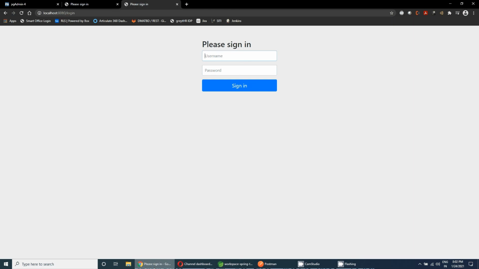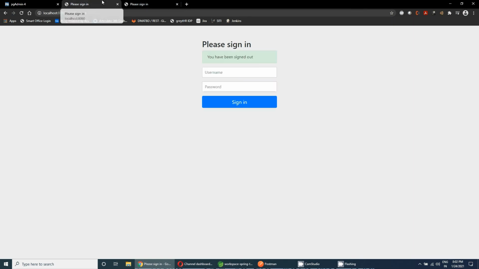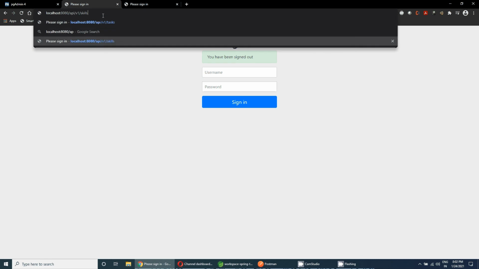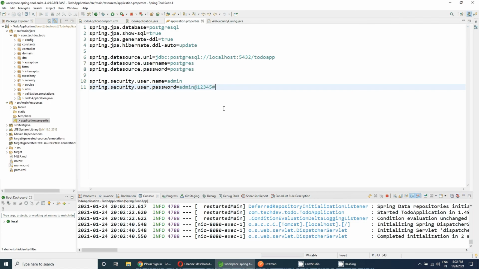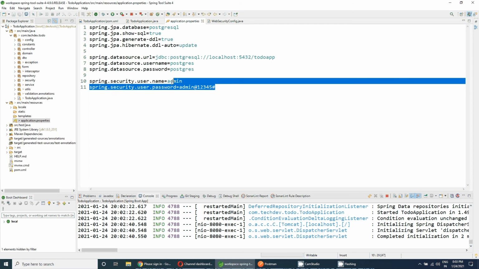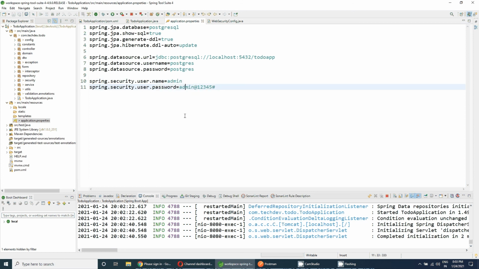Let's go to the API again, and suppose I am trying to hit the API again that is related to skills or tasks, it is asking for the username and password. Suppose I provide the console related password and the earlier username, it will not accept. Why? Because now we have configured our Spring Boot security to authenticate the request with these username and password. That is our custom username and password.